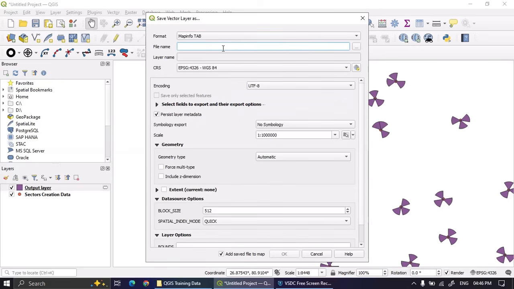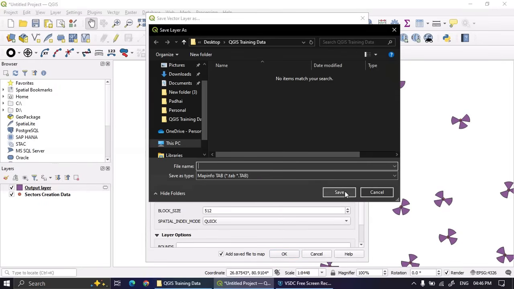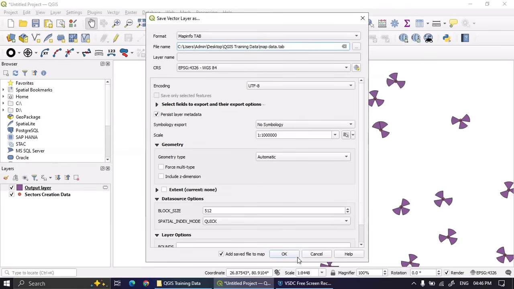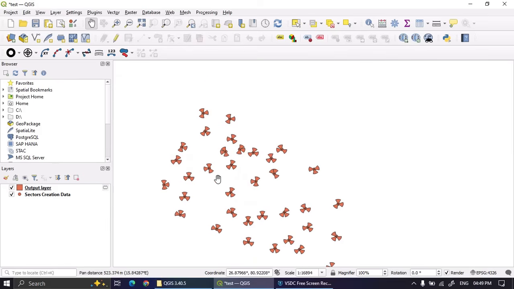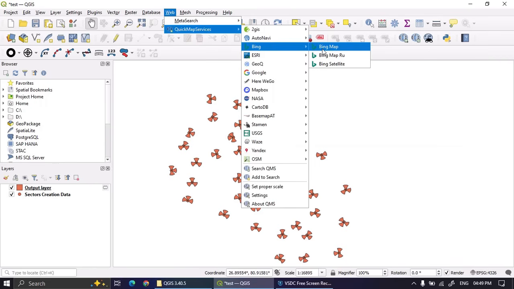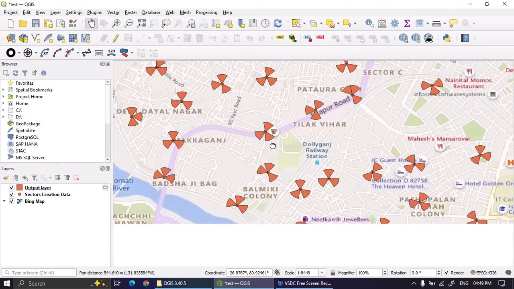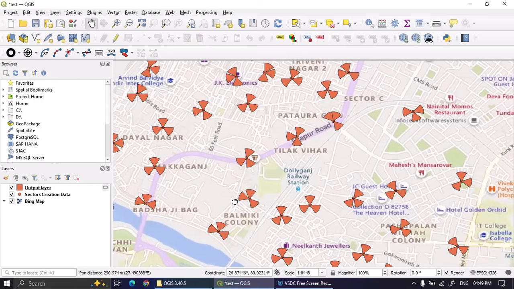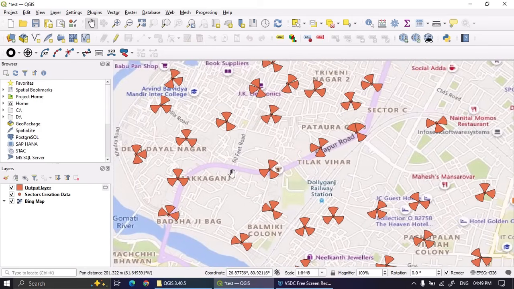Go to the location and share the location like map tab, etc. Now here we can also import our background like Google Earth, etc. So we will go to web and then we can import the map as a background here. And whatever things you want to display on the screen, we can do.